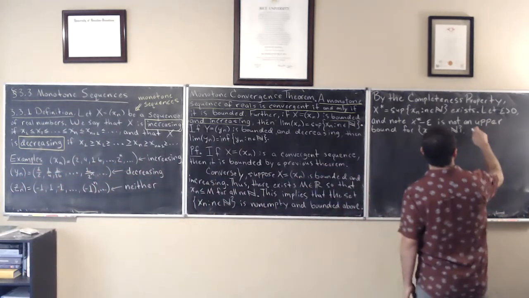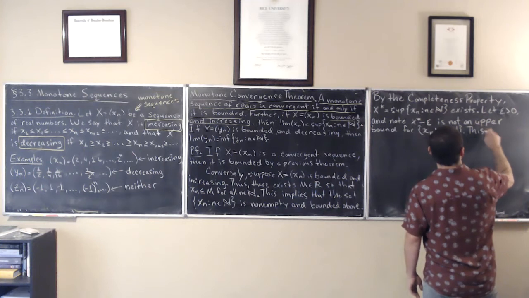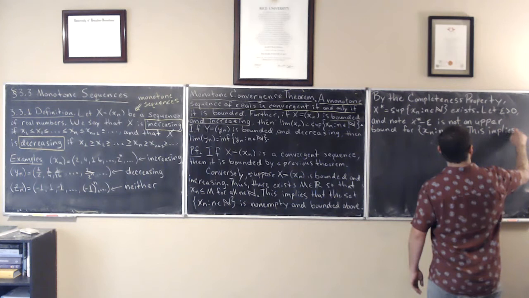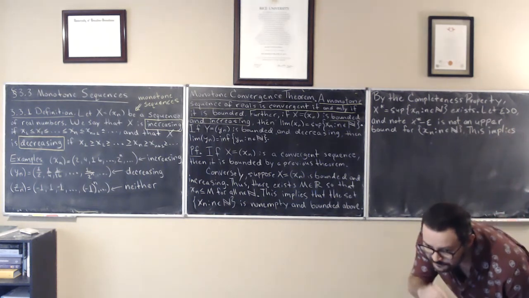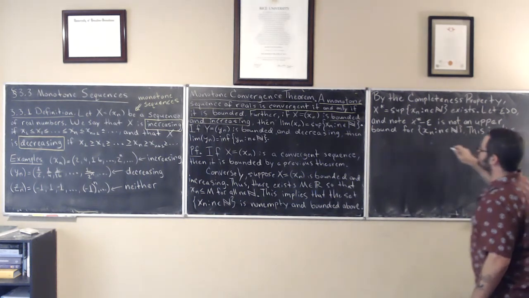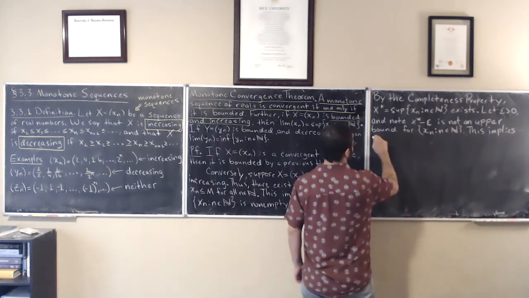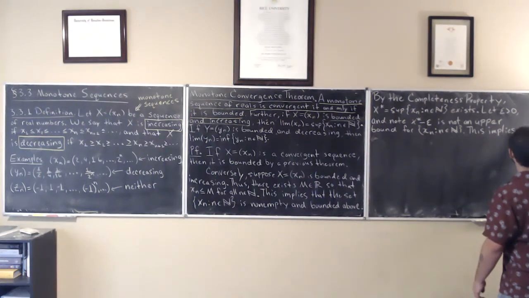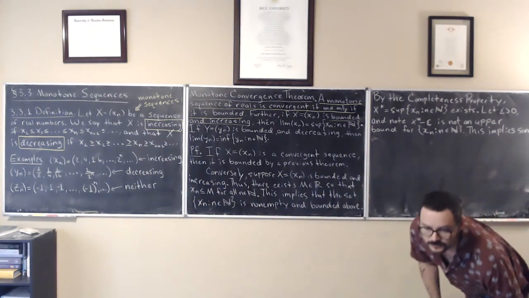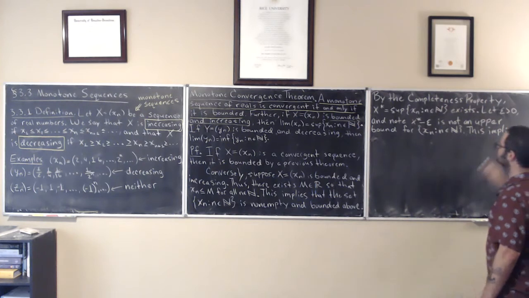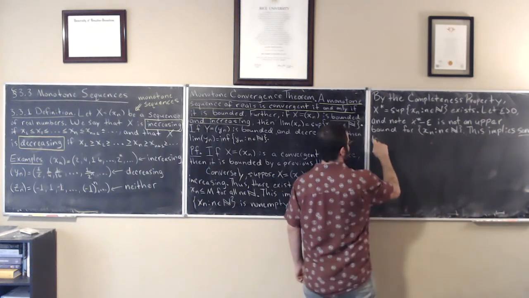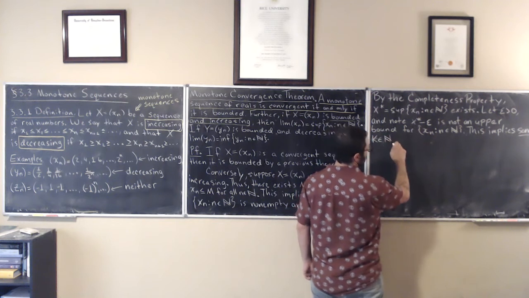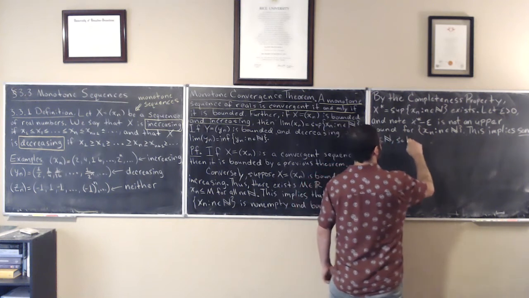So what does this imply? This implies some k, just a natural number, some index, so that